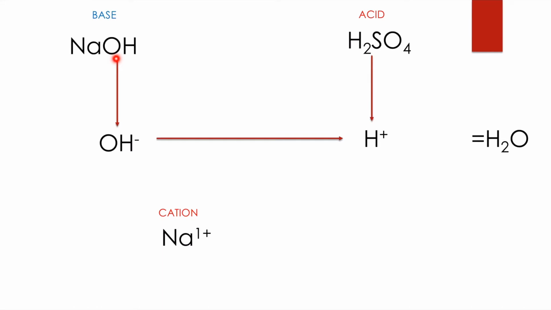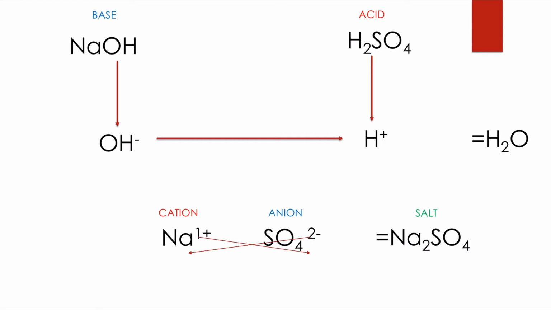यहाँ से OH चला गया. What is left? Sodium. Okay, so sodium has a positive charge, that is why it is a cation. And what is left with the acid? Acid has given its hydrogen ion. What is left? It's SO4 or sulfate part, and sulfate is the anion. What is going to happen when this cation reacts with this anion? They will share the valencies, and according to their valencies, they will form a salt which will be Na2SO4, which is sodium sulfate.